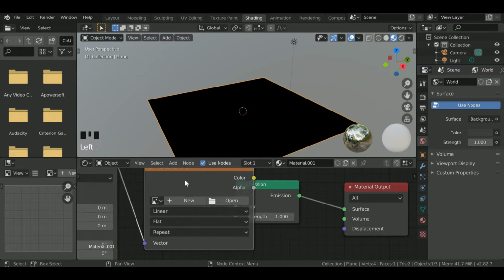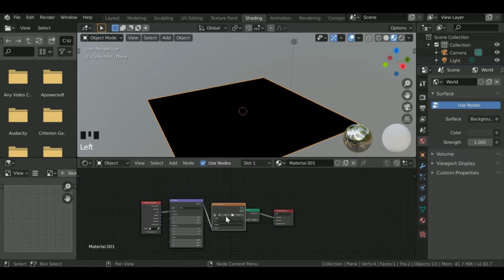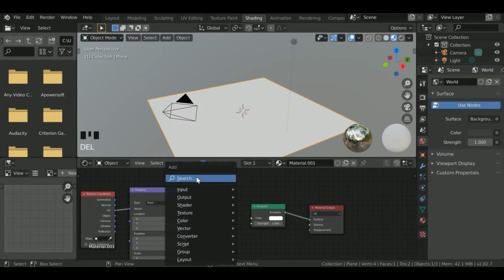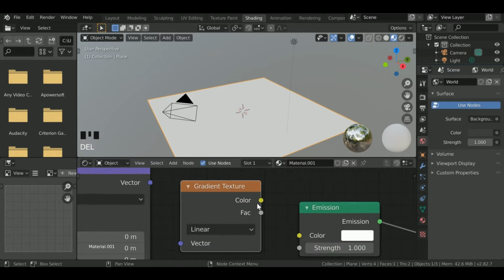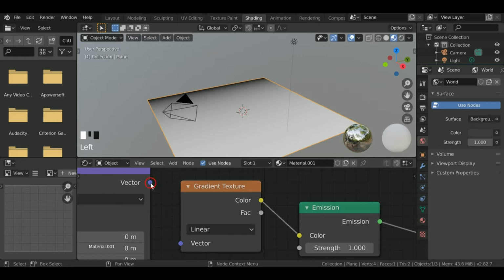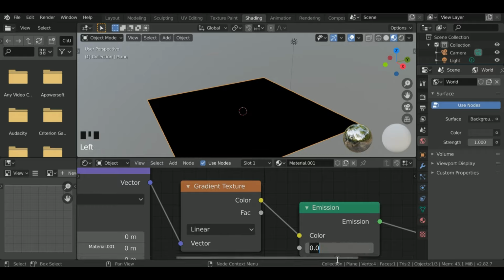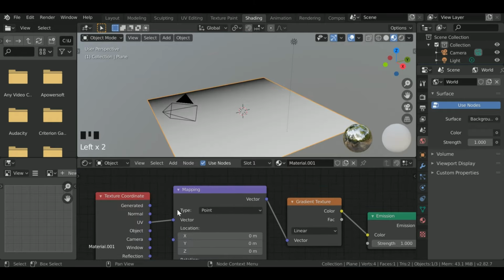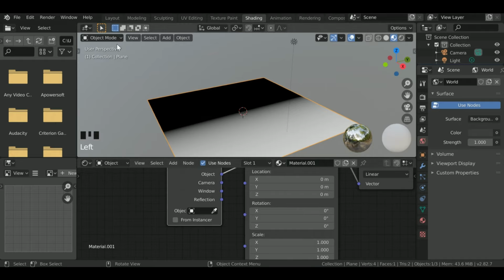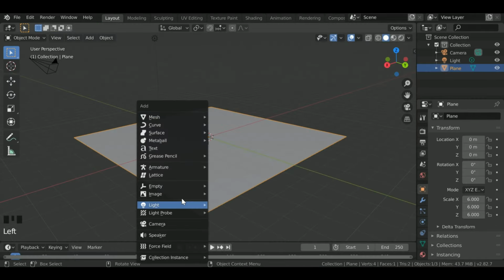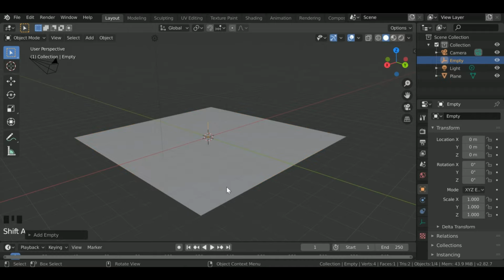Press Ctrl T if you enable the Node Wrangler add-on. Delete these images and add a gradient texture. Connect it with the color and the vector to the vector node. So here you can see, okay, that's cool. So connect the object node with the vector, and here press Shift A, add empty, plane axis, press G, Z